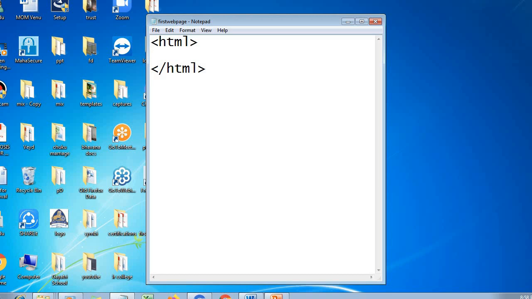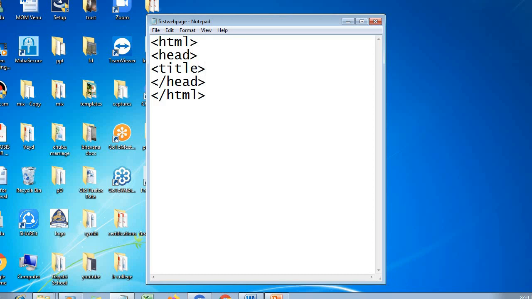Now I want the web page, and to design the web page I need to specify the head of it. So here I am using the head of the web page, and simultaneously I am closing the head. Now I am specifying the title, which title you want to give for your web page.